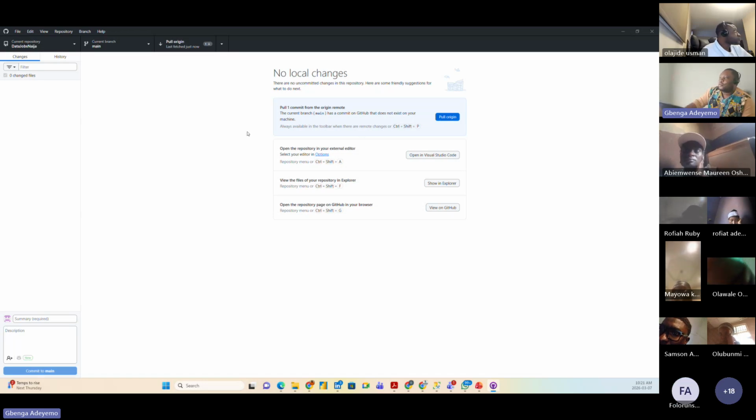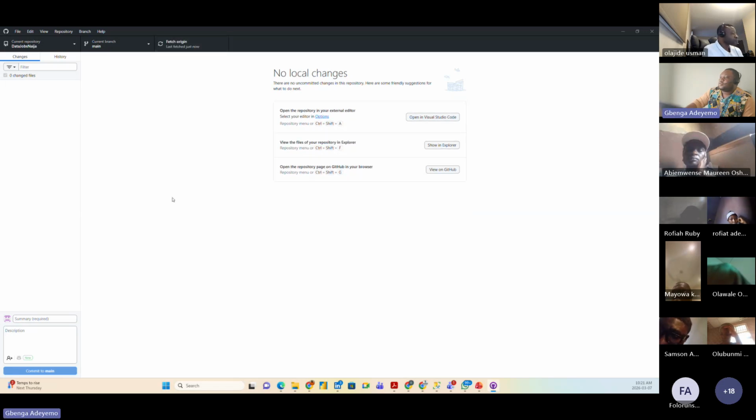So for pushing changes from local to cloud, we call it push. For pulling changes from cloud to local, we call it pull, right? So I'll click on pull origin, right? And it's going to pull in those changes. Now, if I go back to my folder now,